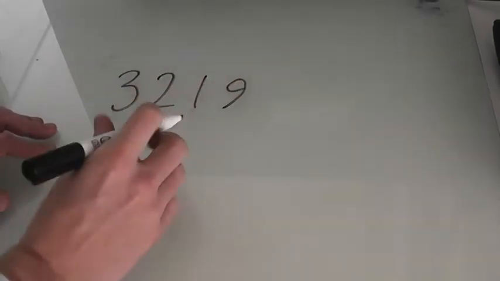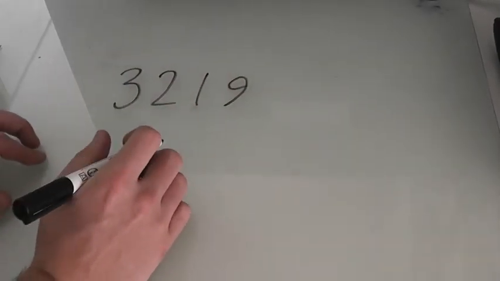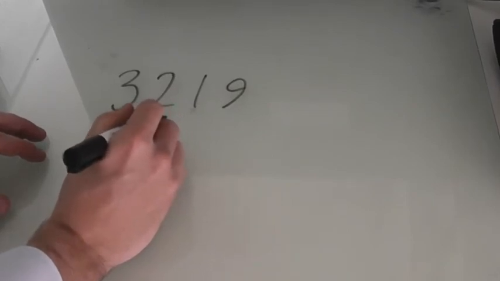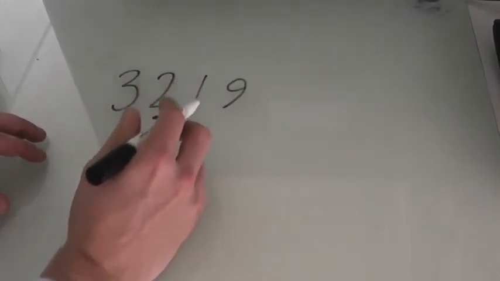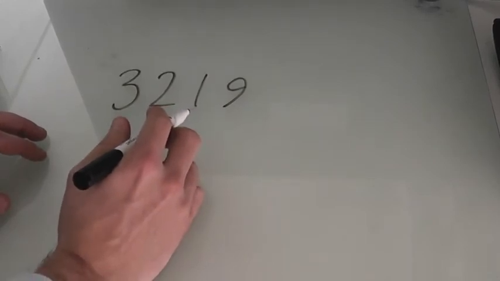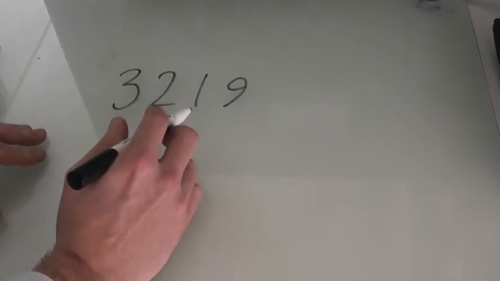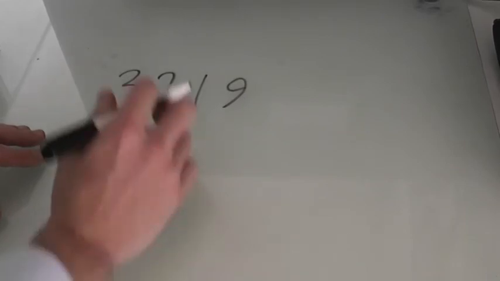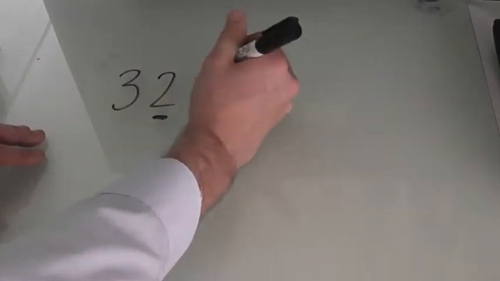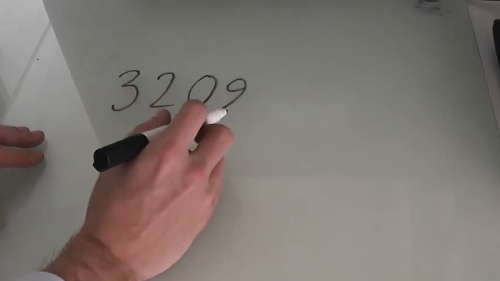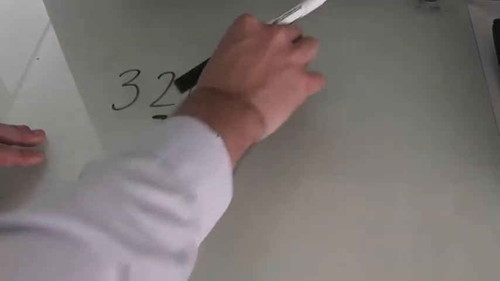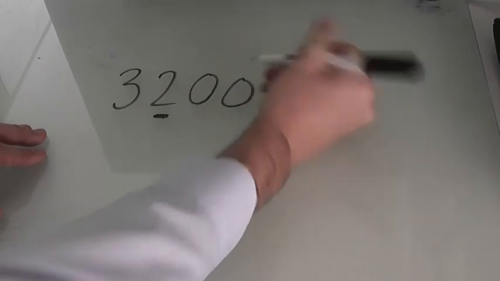If we had that same number rounded to the nearest 100, look in the hundreds column, underline it, look to the neighbour, we've got a 1. Is 1 above 5? Yes, no it isn't. So we need to round down to 0. This one stays exactly the same. What did I say to do about this one? That's it, get rid of it, stick it to a 0. So your answer would be